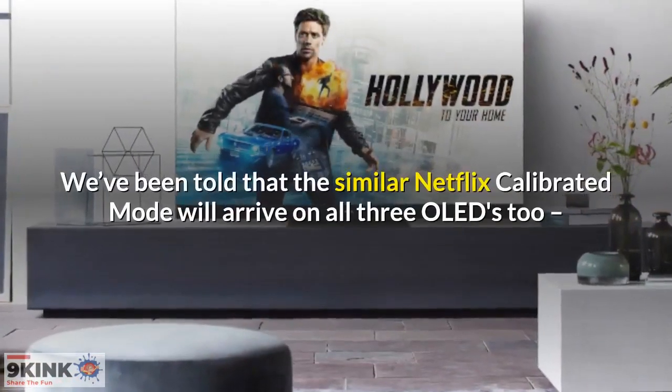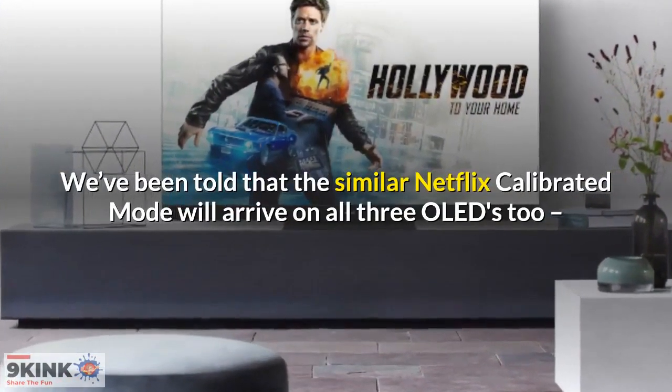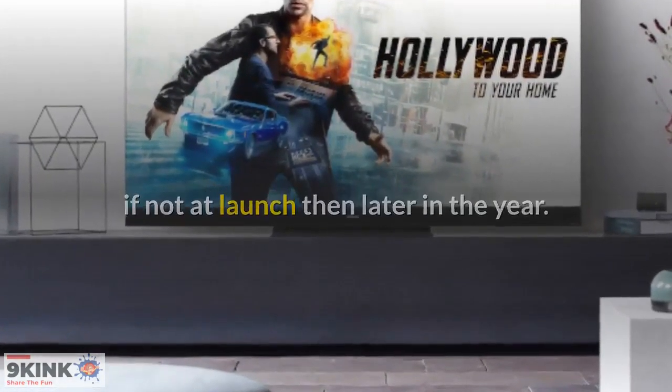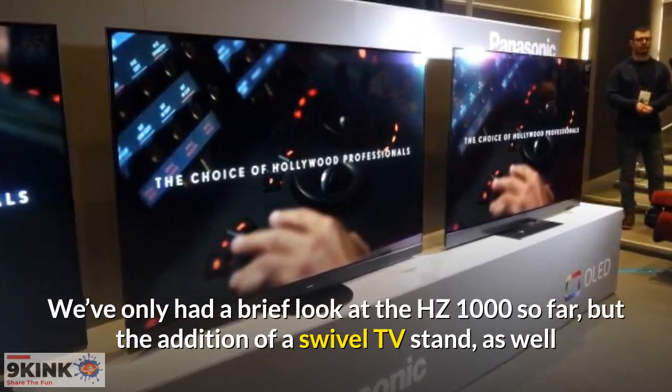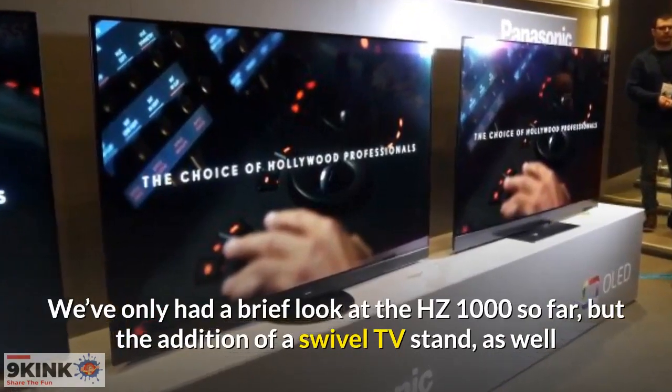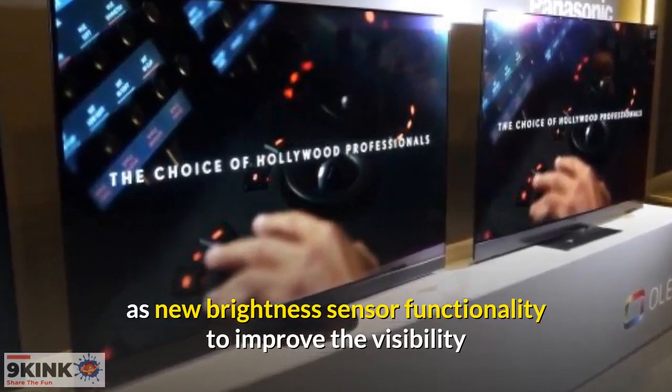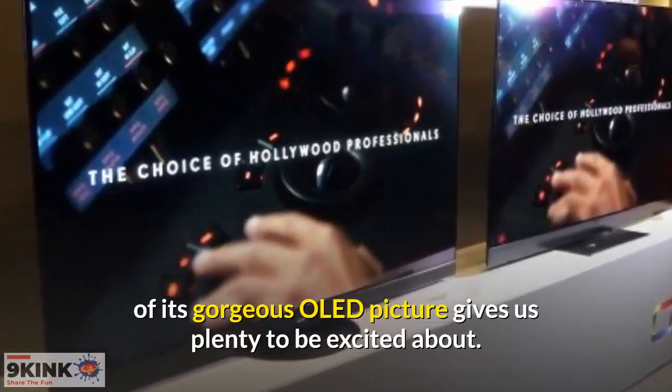We've been told that the similar Netflix calibrated mode will arrive on all three OLEDs too, if not at launch then later in the year. We've only had a brief look at the HZ1000 so far, but the addition of a swivel TV stand, as well as new brightness sensor functionality to improve the visibility of its gorgeous OLED picture gives us plenty to be